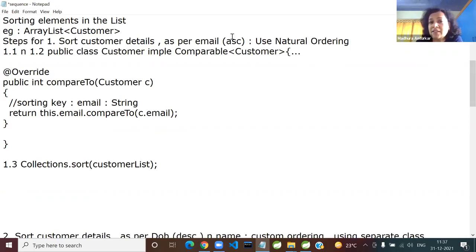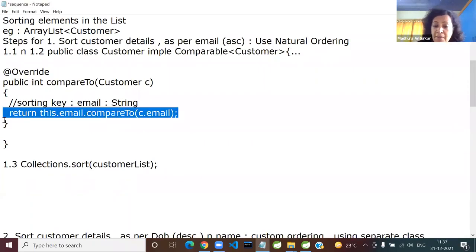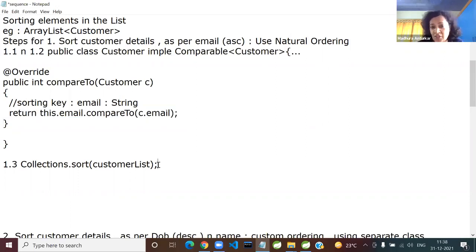Compare it to your advanced data structure course where you had to write the optimized sorting algorithm. Here nothing is required. So the Java programmer just has to supply the sorting criteria. But who is going to supply the ready-made implementation of the algorithm? The JVM. Or you can say this Collections class, or you can say the collection framework. Are we all good?